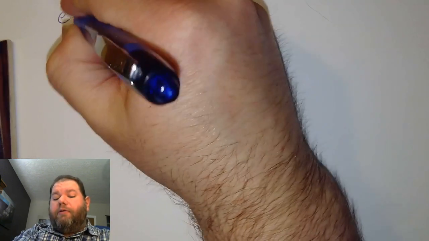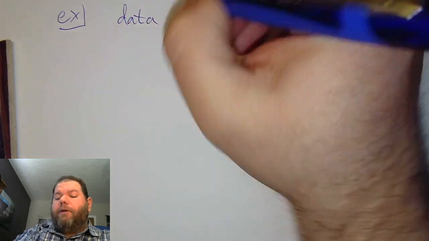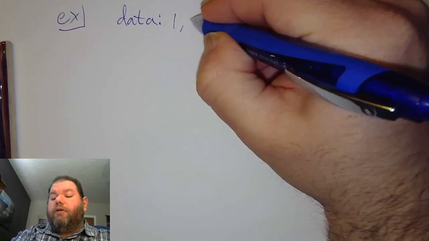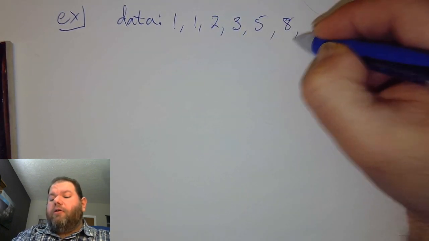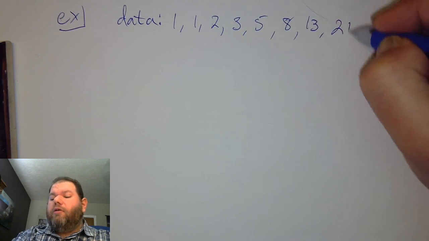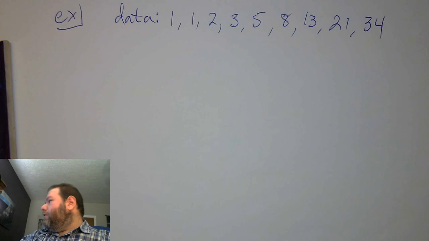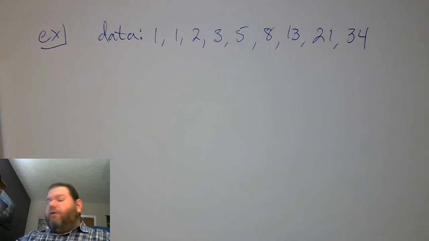We looked at our 20 data value set with the ages of stat students, and we did find that 45 was an outlier in that group, and so let's look at another example, and for this we'll go back to our Fibonacci data. And I'll go all the way to 34 this time. Okay, now